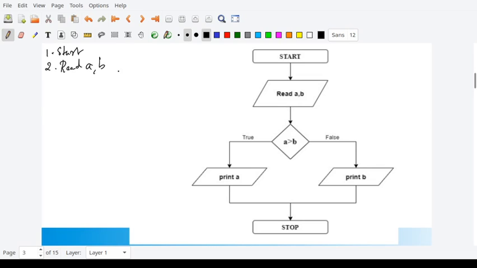Okay. Now what will we do? We will have to find out whether A is greater than B or not. You have already studied in your maths about Boolean logic. So you have A greater than B. If A is greater than B in Boolean logic, what will you get? If A is greater than B, you can give a value true. But if A is not greater than B, you will get a value false. In computer programming, the value corresponding to true is 1 and the value corresponding to false is 0.